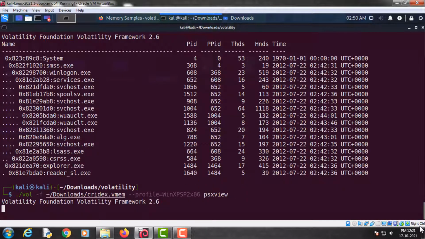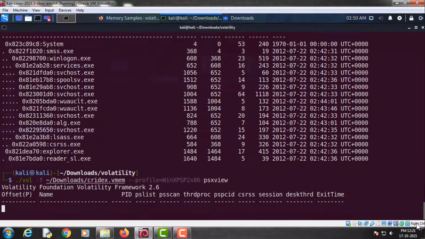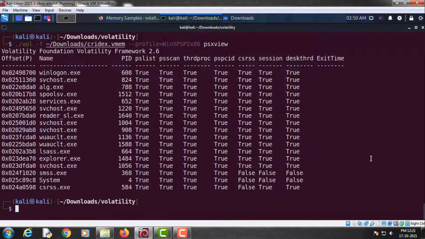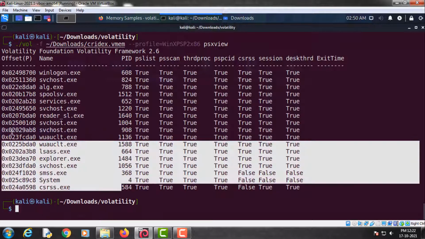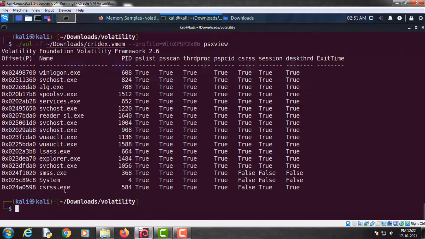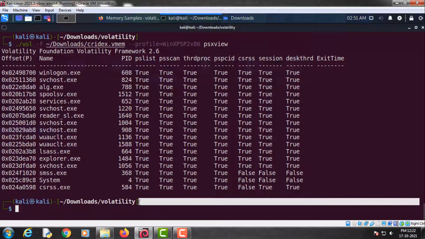Press enter. As you can see here, in the pslist column and psscan column, all these processes are true, which means none of these processes are trying to hide themselves.